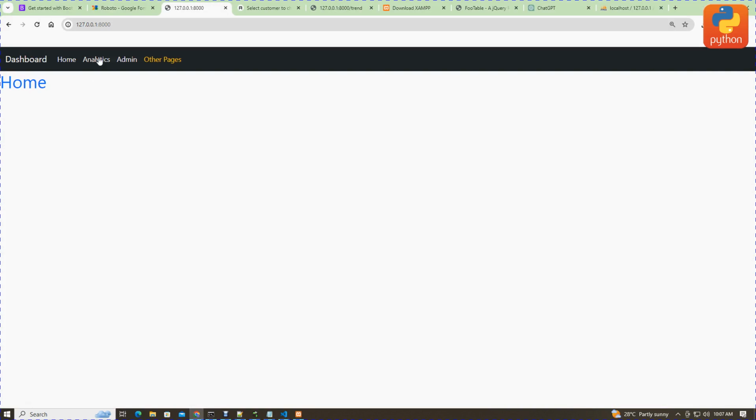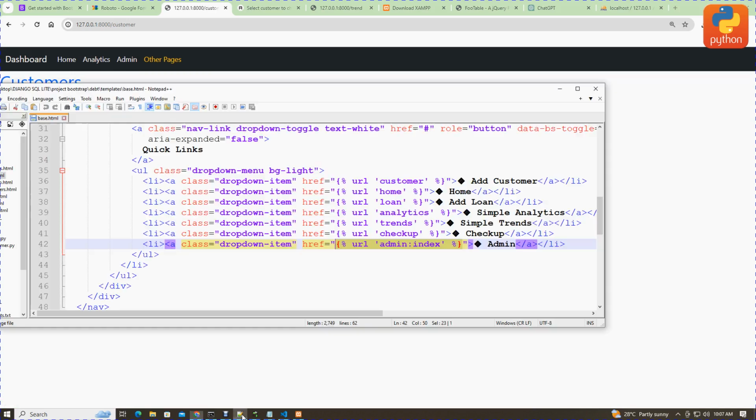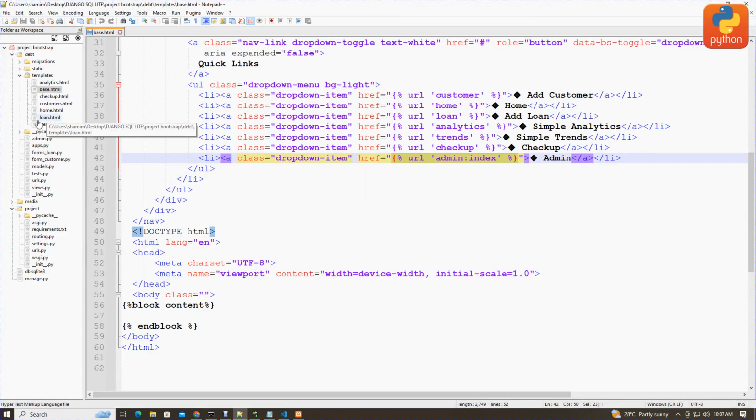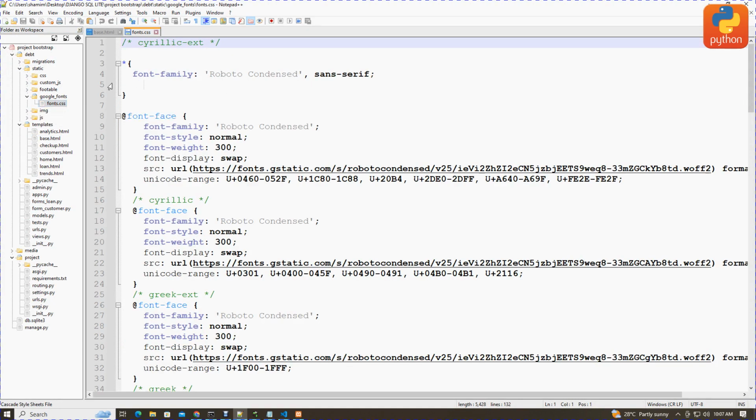Home. This is home. Analytics. Admin. Okay, this is admin. On other pages, business trend. This is trend. Loan. This is loan. Customers, and so on. So now let's apply Google Fonts. Let's check the source code. Go to static, and then Google Fonts. Okay, now copy this code